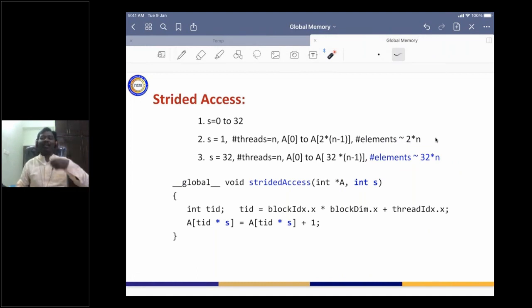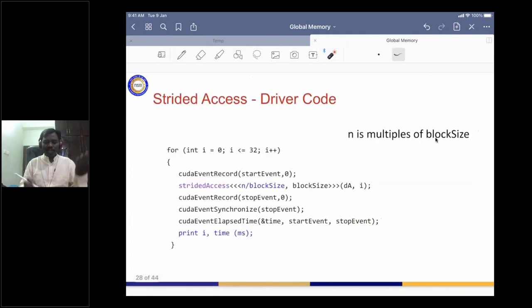Each block will again have at least 32 elements, and the total number of elements you will need will be 32 times n. So you have to allocate memory for these many elements. Now you start running this program.